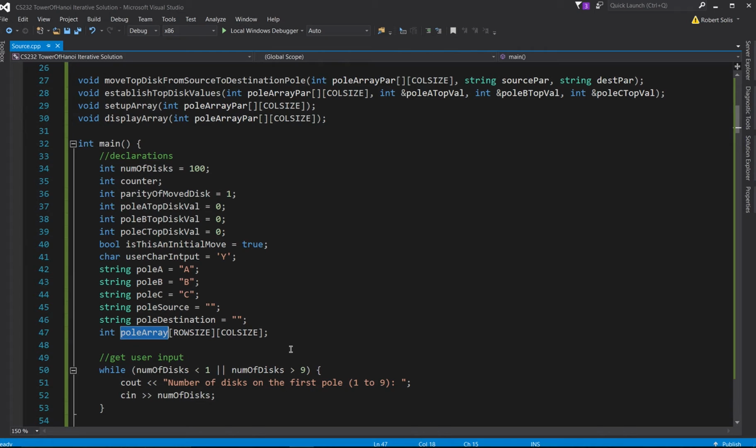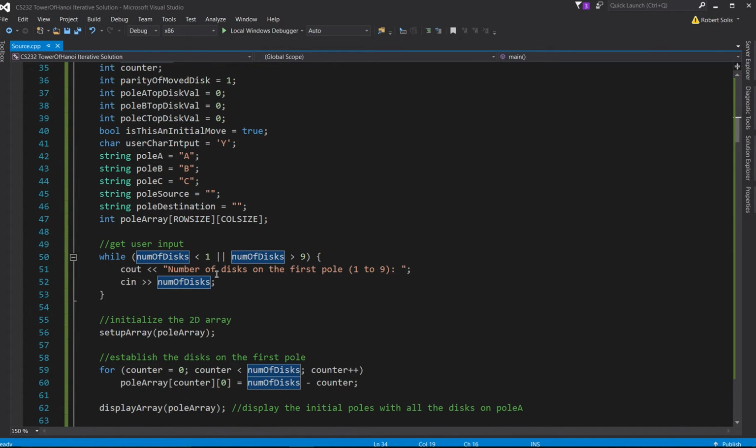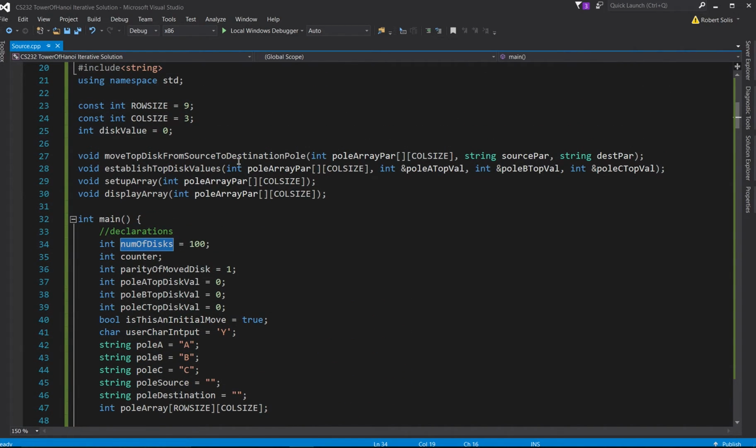Now, I don't know how many disks I'm going to require, so what I did is I just simply said, okay, the number of disks is equal to 100. It's obviously a larger number than I actually need, and you'll notice over here that I have the row size and the column size. I am telling the user, you've got to give me a certain number of disks from 1 to 9, because, as you can see over here, my row size is 9. That's really the height. The column, I have a total of 3 columns, column A, B, and C,